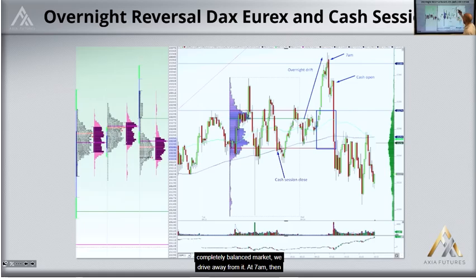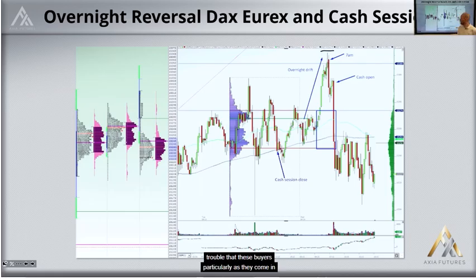At 7 a.m. then, we open, trade up, fail, straight back through the open. So this is creating that gap on the back of overnight movement away from completely balanced market. It's about piecing these stories together. This is completely balanced. If the gap up does not bring in buying almost immediately, this is a move that